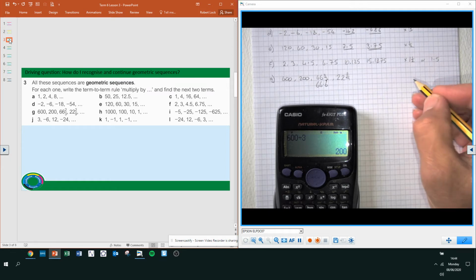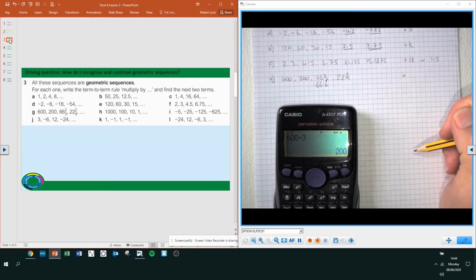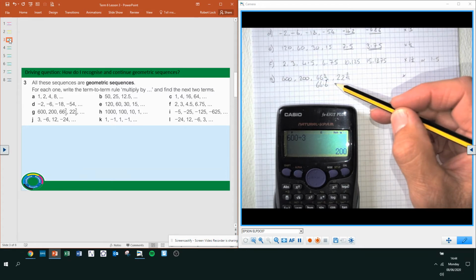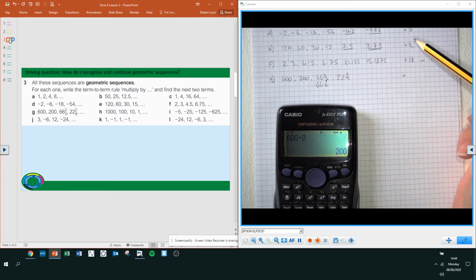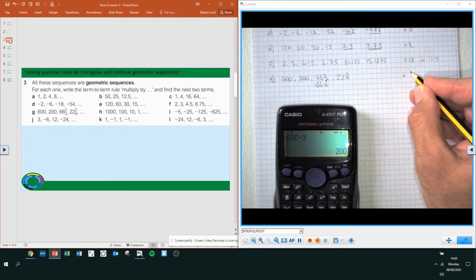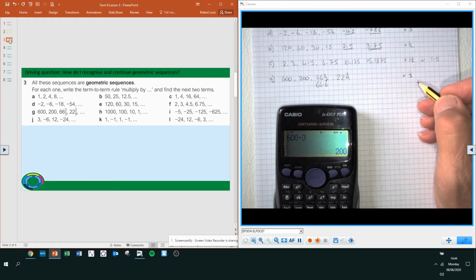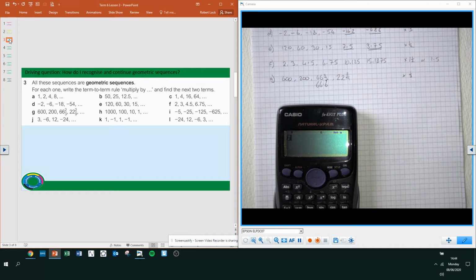What we need to multiply that by. If it's divided by 3, get smaller. Here we're divided by 2, it's using a half. So I think we're using divided by 3, or times it by 1/3. So 600 times by 1/3, 200. Times by 1/3 is 66.6, which is there. Times by